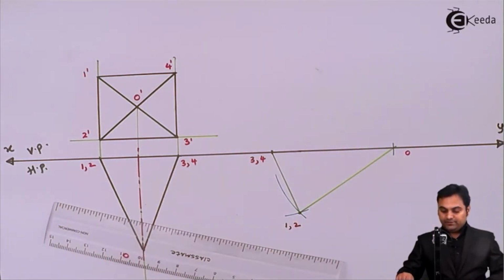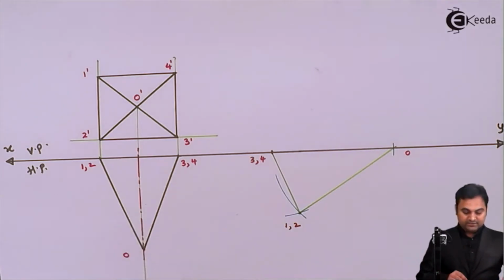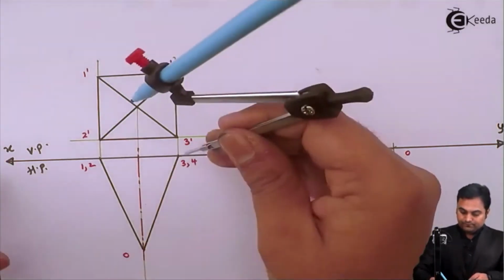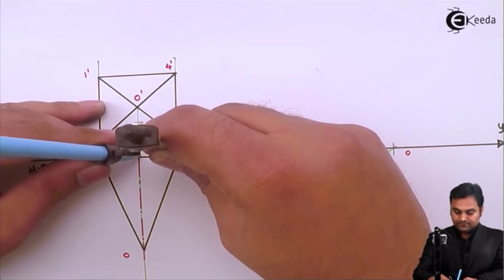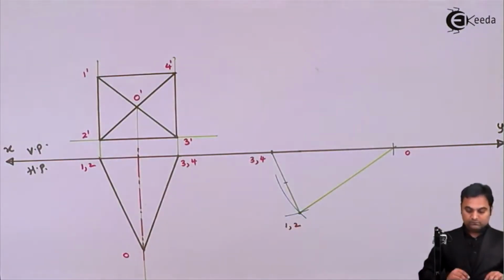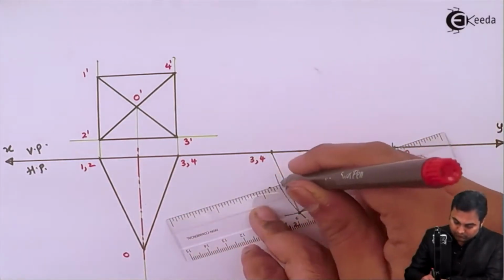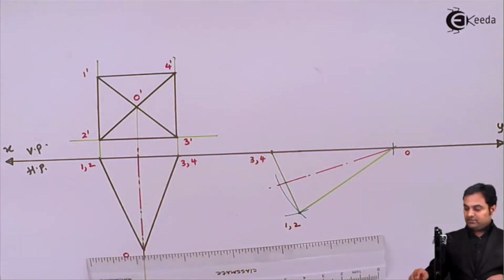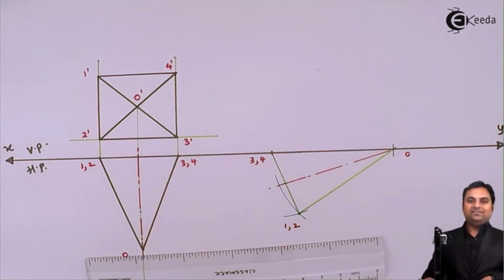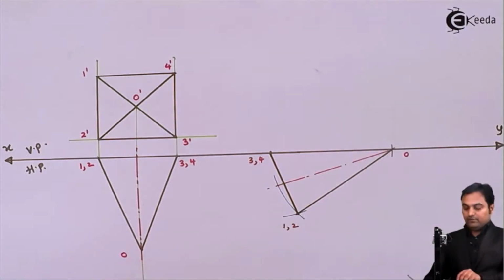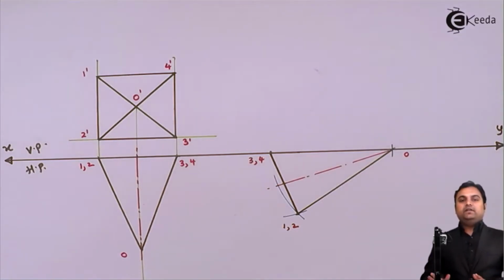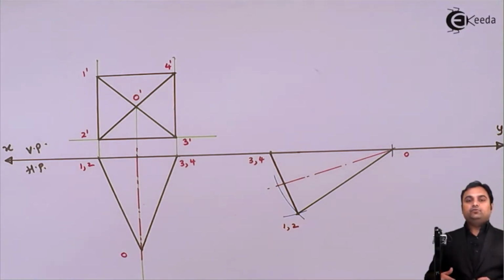So it needs to be made dark, but before that I'll mark the axis also over here. For that, keeping the same distance, measuring up to the axis. So I've drawn the axis. Now I'll make this inclined pyramid dark. So after making this pyramid in line with XY, that is the triangular face is resting in VP, we have completed the top view. Next, we have to draw the front view of this pyramid, and for that,